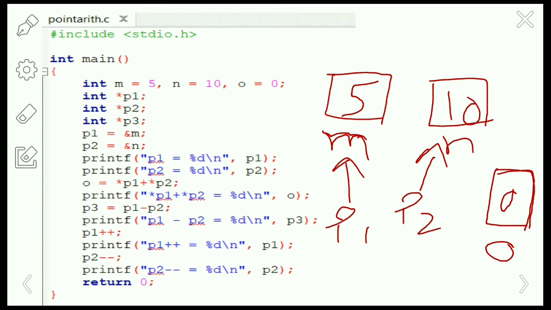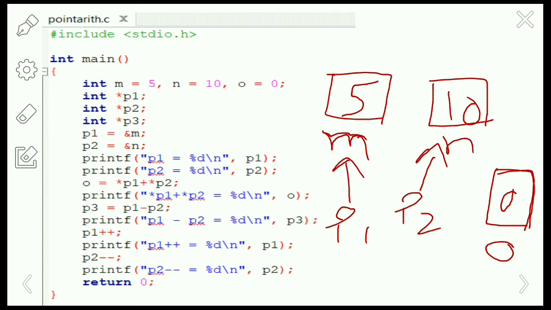Then the next operation is a printf: p1 equals to %d, p1 and p2 equals to %d, p2. Here it will print the addresses of p1 and p2. The address may vary from machine to machine, so it may print a different address for every machine.